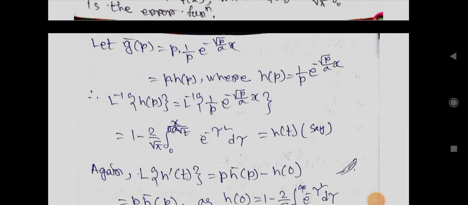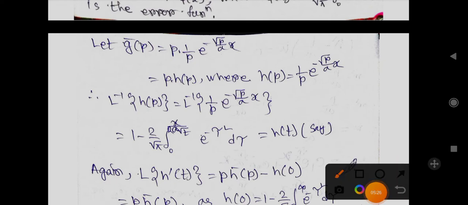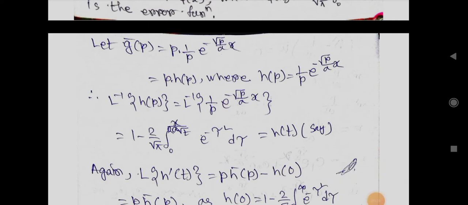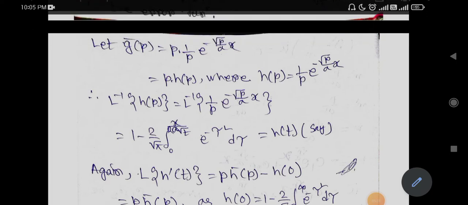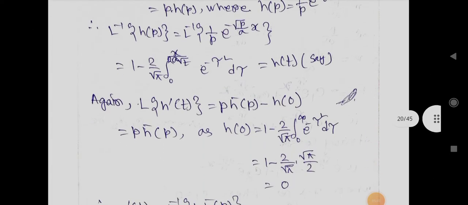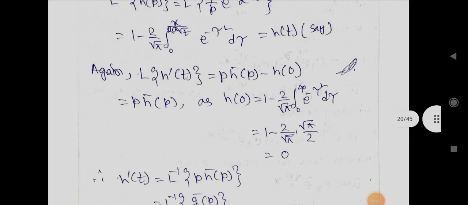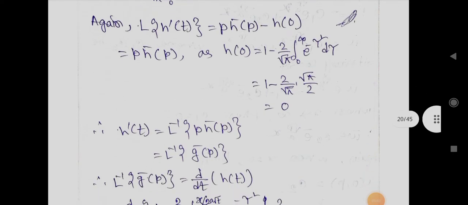Let ḡ(p) equals p times 1/p e^(−√p/a x), equals p times h(p), where h(p) equals this. Then Laplace inverse of h(p) equals Laplace inverse of this. Then solving, again Laplace of h'(t) equals p h̄(p) minus h(0). Again solving,